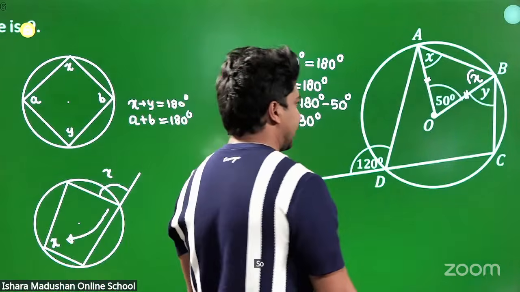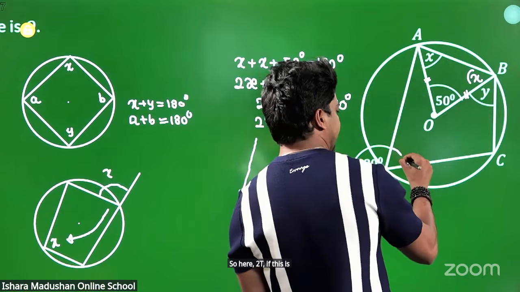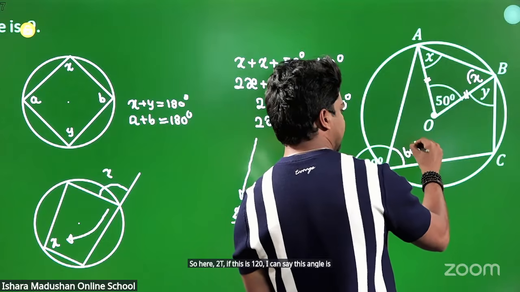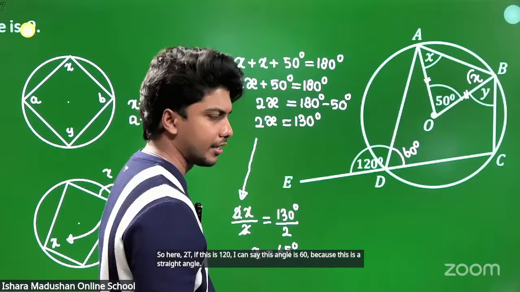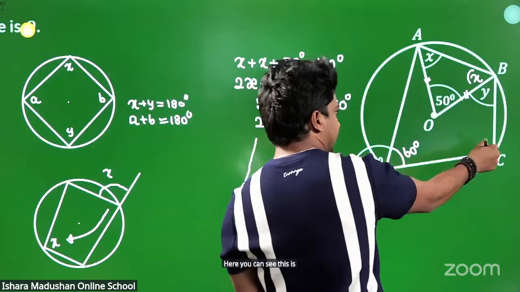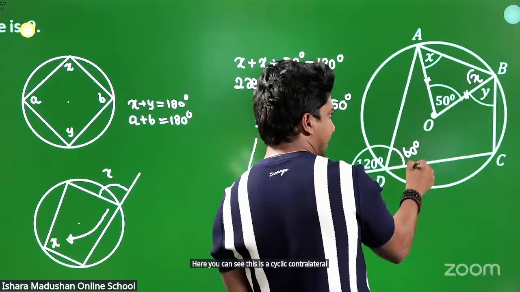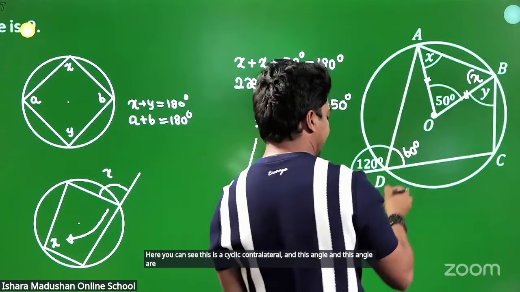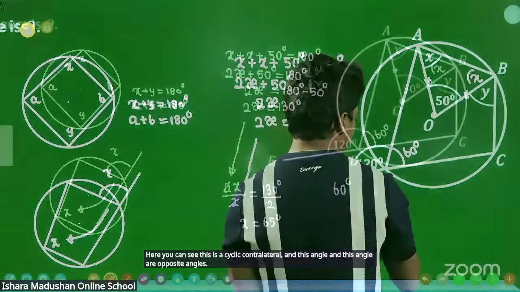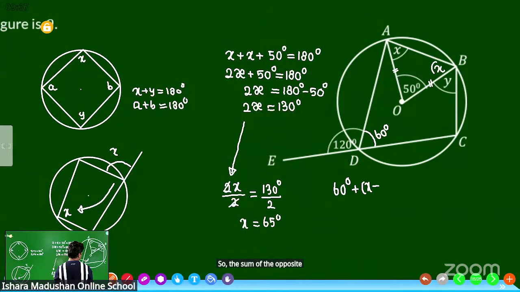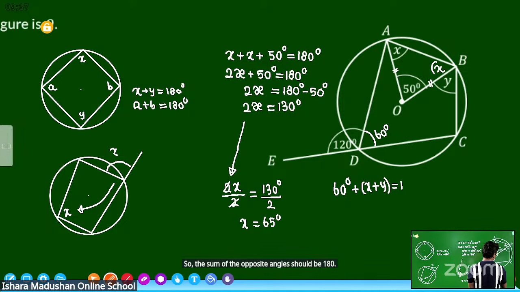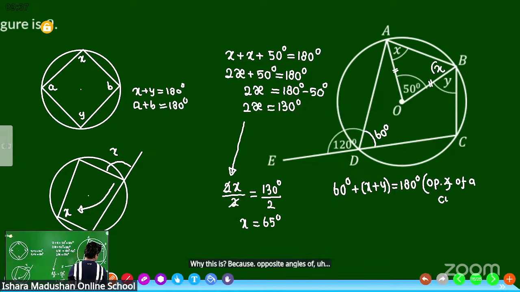So here, Chuti, if this is 120, I can say this angle is 60 because this is a straight angle. Here you can see this is a cyclic quadrilateral and these angles are opposite angles. So the sum of the opposite angles should be 180. Why is this? Because opposite angles of a cyclic quadrilateral